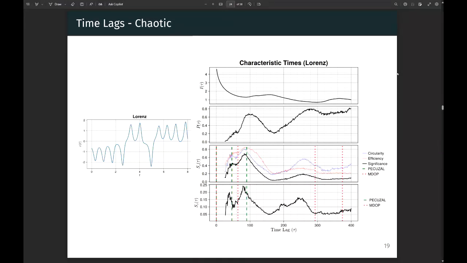What happens in chaotic? In chaotic, we see a much stronger case, but we know this is a case where mutual information does do well. The minimum of the mutual information corresponds quite well to the first peak. That's what we want. Nothing special there. And the periodicity, the tau you see here, actually corresponds to one of these oscillations occurring there, right?